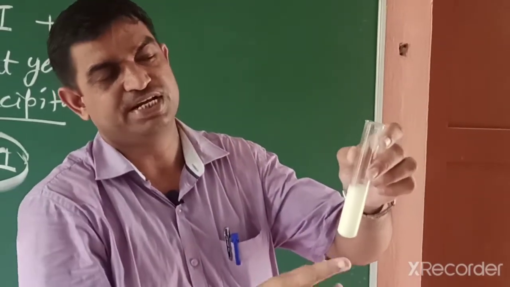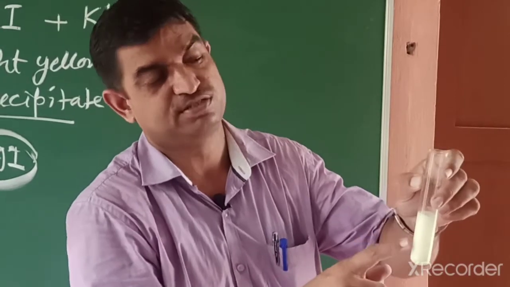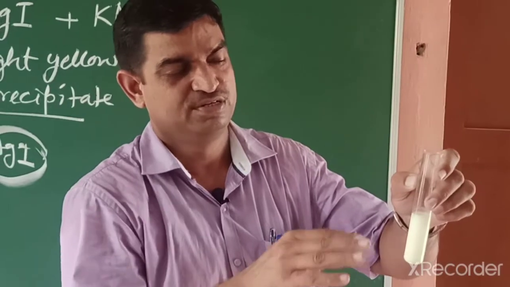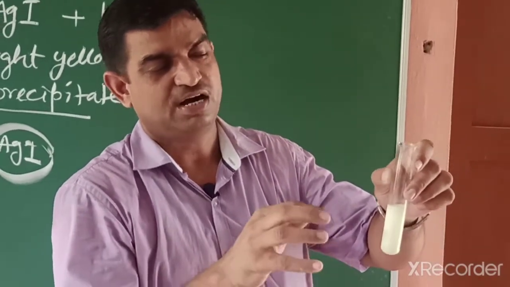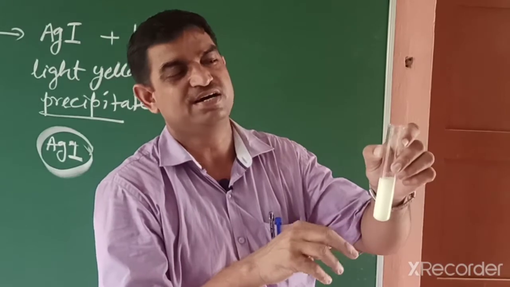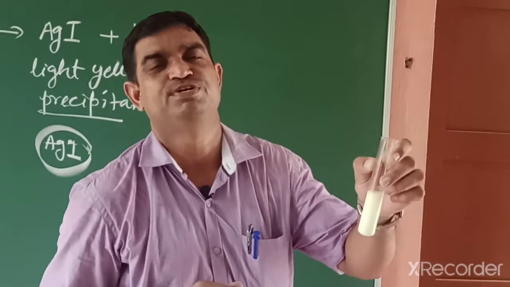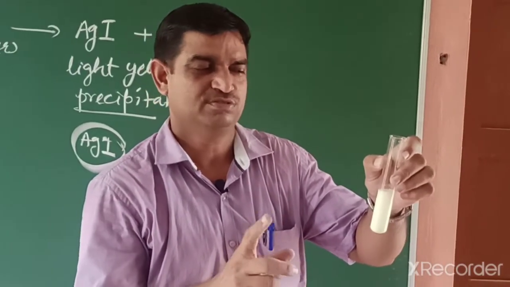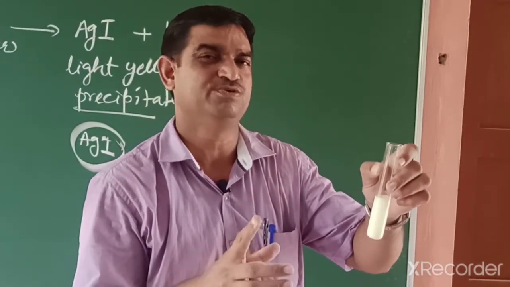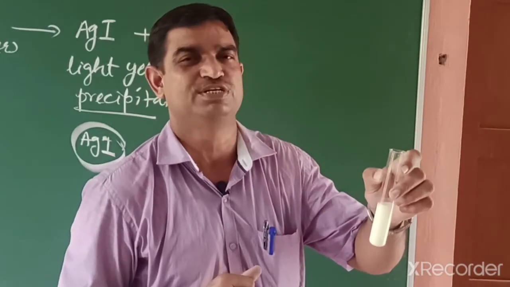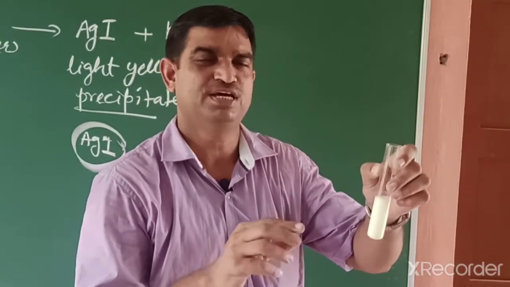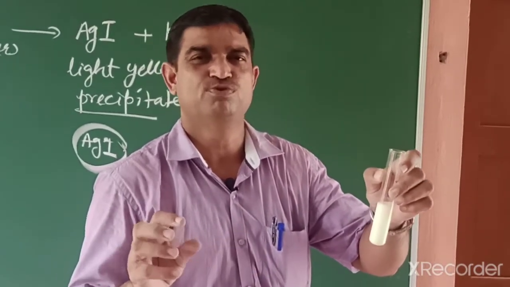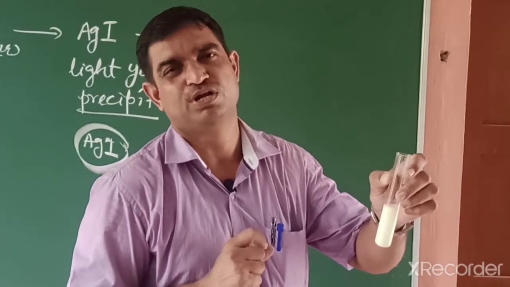But if we add a small amount of electrolyte, because in this potassium iodide is in larger concentration, larger amount, what happens in this precipitate? Iodide ions adsorb on the surface of the precipitate. So similar charge occurs. Only a single ion, either positive or negative, is adsorbed on the surface. So the same ions adsorb, then the same ions repel. Then the larger particles break into smaller particles and convert into the colloidal range.